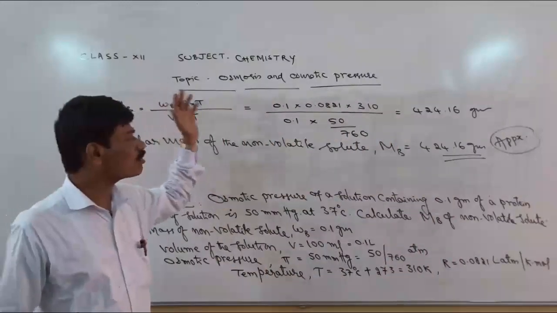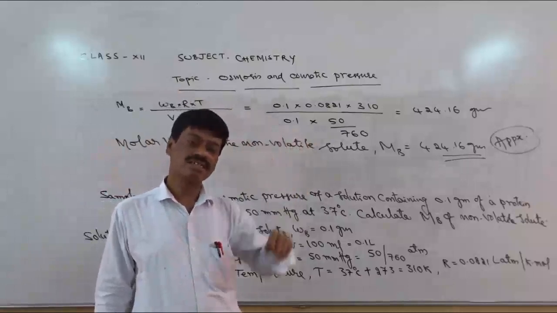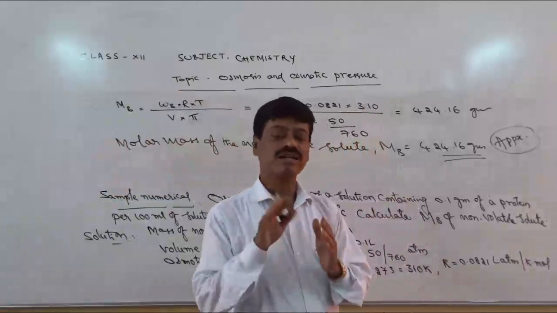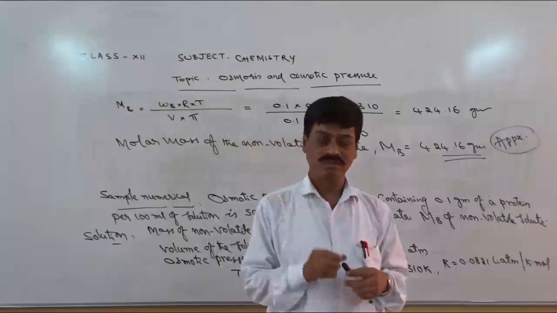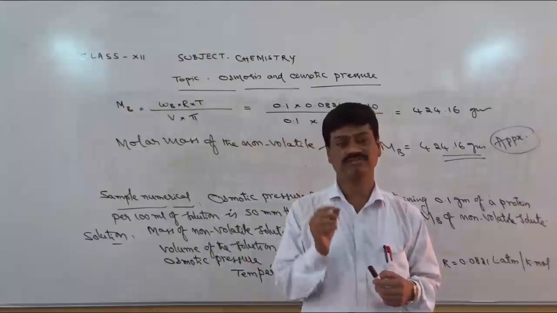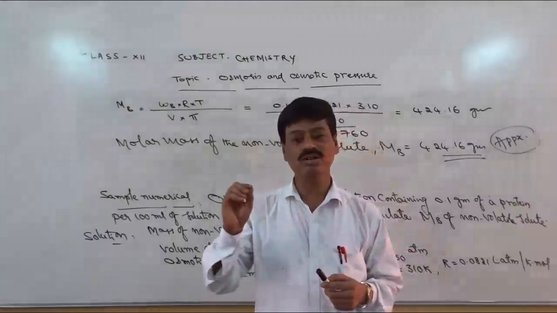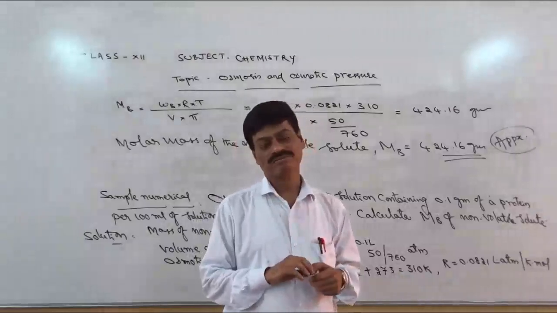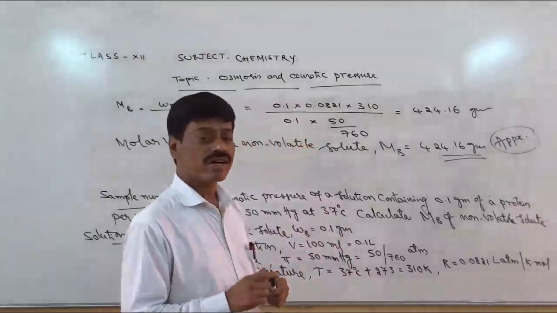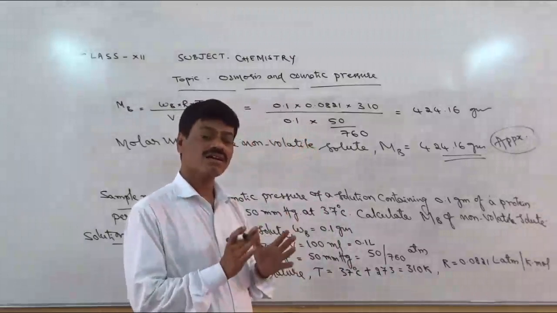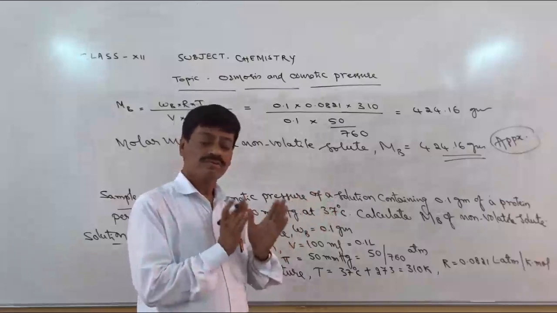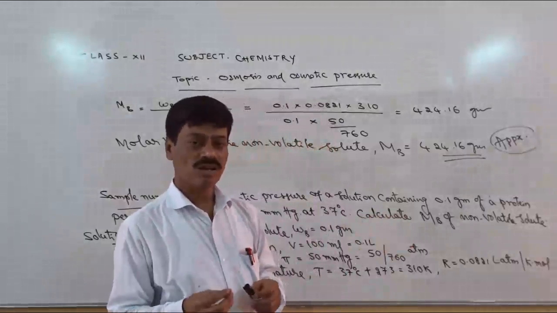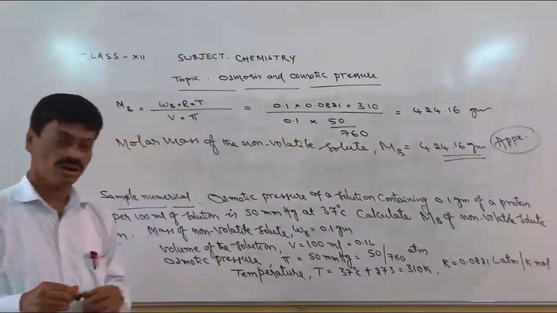Here we are discussing solutions, then why has the gas constant R come in between? You may think. In the case of dilute binary solutions, whose concentration is around 5%, all the gas laws are applicable, right? That's why we write the gas constant R in the case of binary solutions, as and when we are required to calculate the osmotic pressure or molar mass of the non-volatile solute and so on.